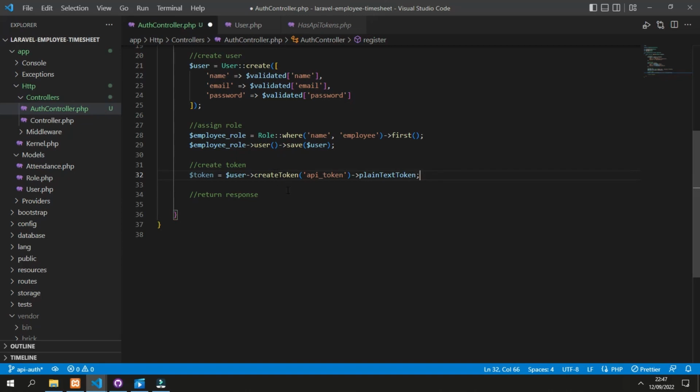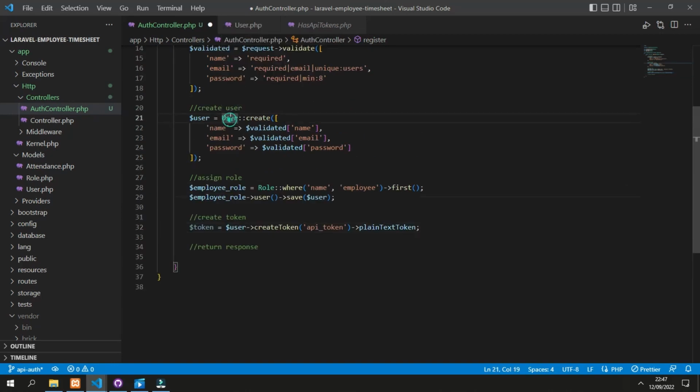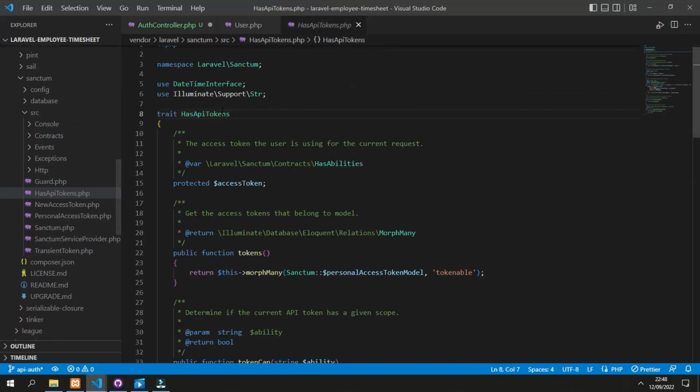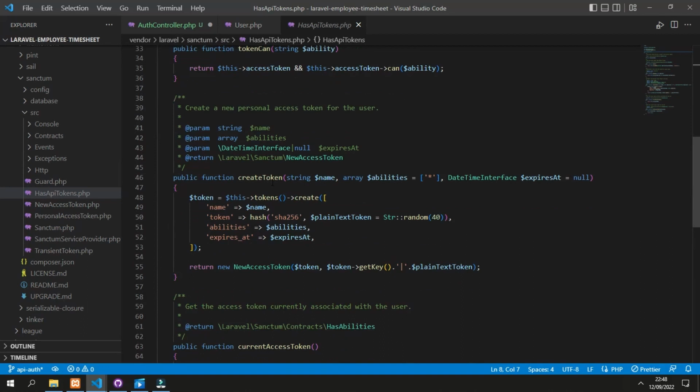So where do we get this method? First we go to the user class. It has a trait HasApiTokens, and if we look inside this trait, it has this method which is createToken and expects a name string. The others have default values, but this one should be assigned, and we assign it with api_token, and it returns the new access token.